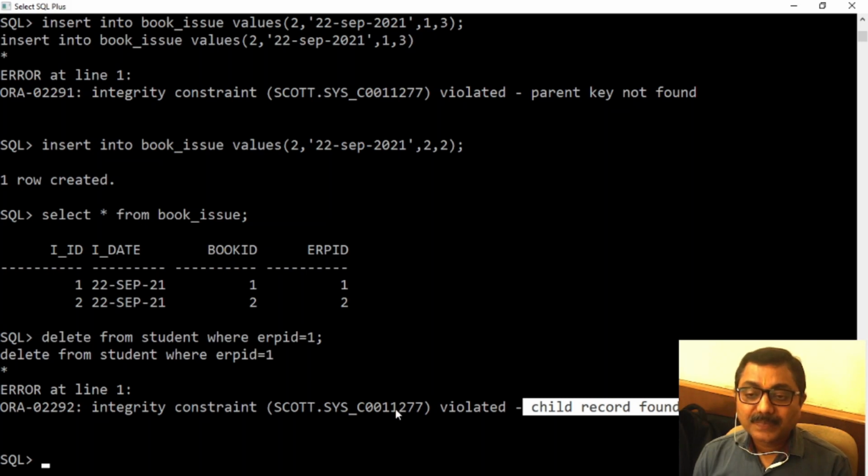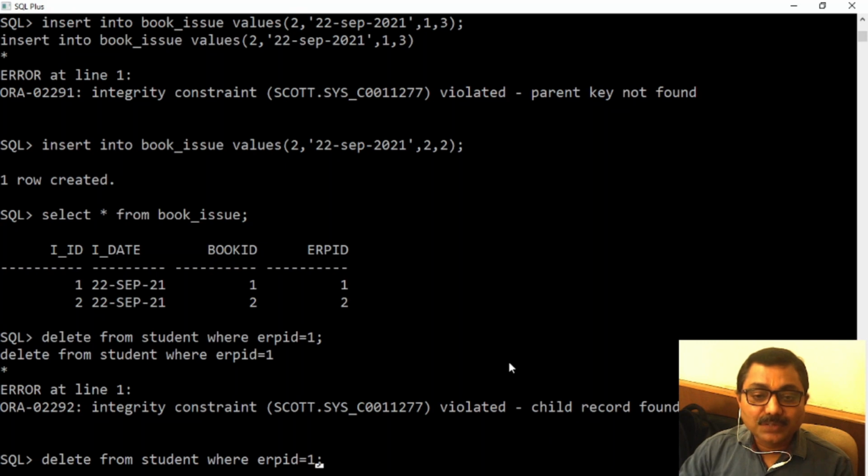Clear? If you want to delete a master record, first of all, you need to delete all corresponding child records from the table. Otherwise, this will create an unstable situation where a book is issued but book detail is not found. A student has been issued books, but student detail is not found. That should not be the case.